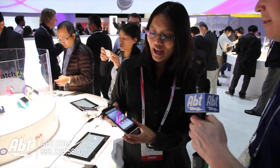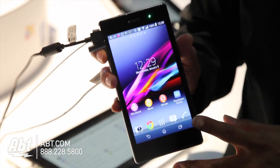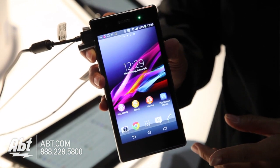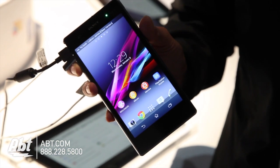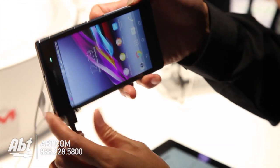An update to the Xperia Z1, which is our global version. This is the Z1S, which will be available on January 22nd with T-Mobile. So basically it's very similar. It still has that beautiful 20.7 megapixel camera with that dedicated camera button, so we can start it up and